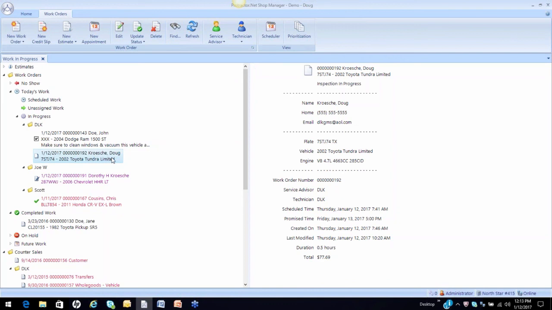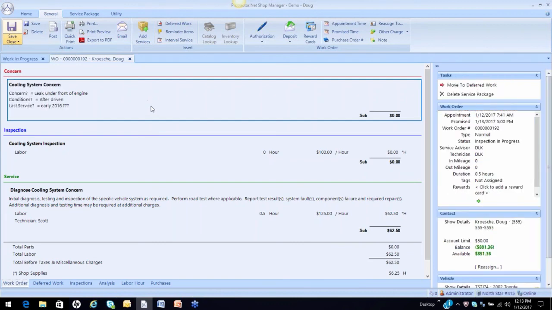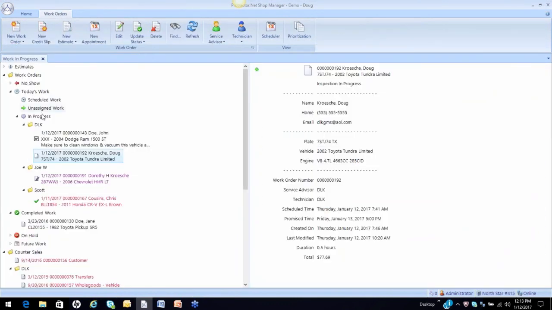Remember, in order to change the stages, you must open up the work order and then simply select from the Save and Close the workflow stage. So hopefully you guys can take advantage of some of that. And I know your shops are a lot busier than what you're seeing on the screen right here today. So hopefully that'll be a little bit of a help for you.